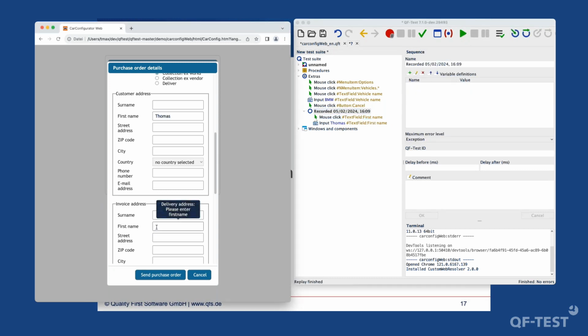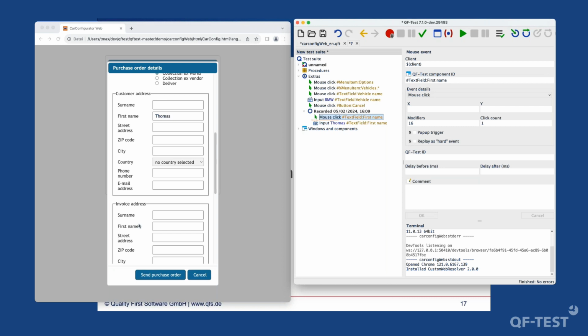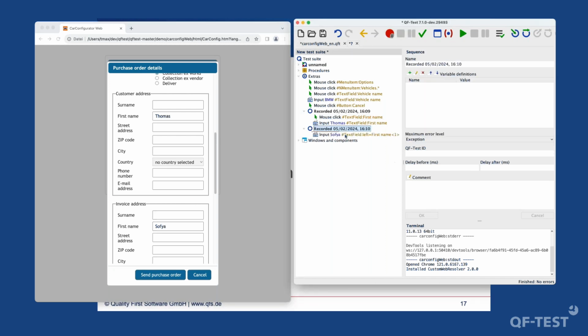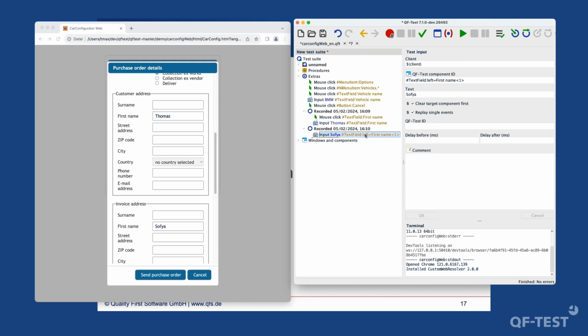And if I want to enter the value in here, which is also just first name, because the text field first name is matching this one, it probably will also match this one. If I record it here and put in the name of my coworker and stop recording, then it will look like this. QFTest is recording text fields, left equals, and then first name, and then it's putting in the index at the end,